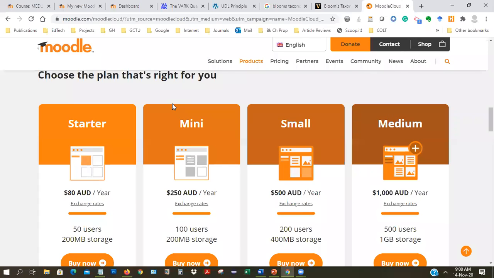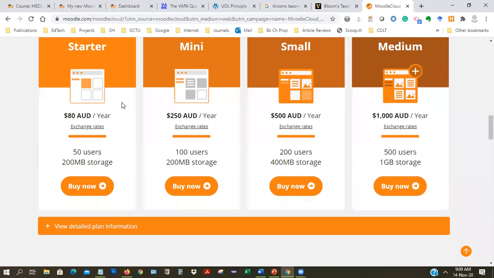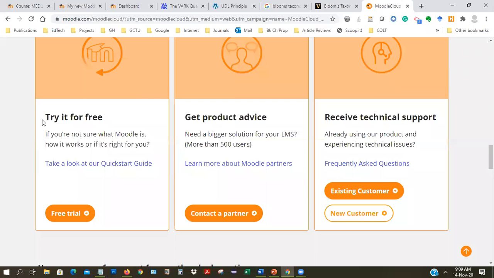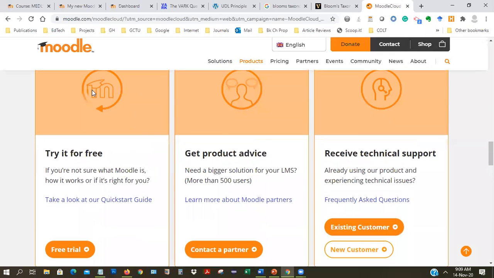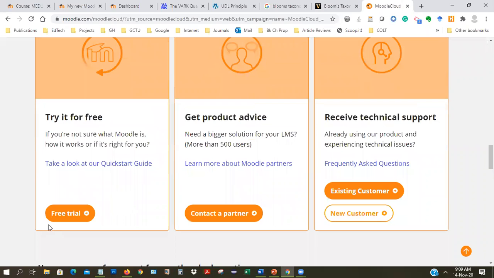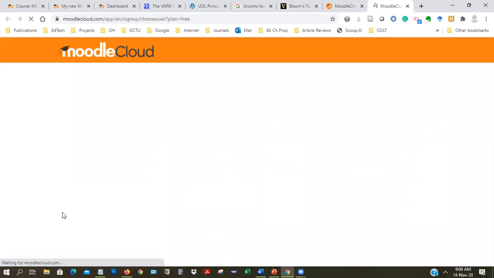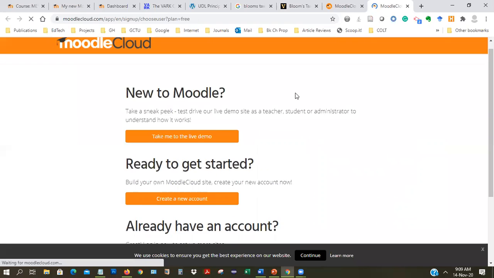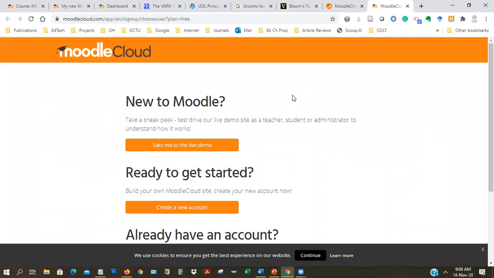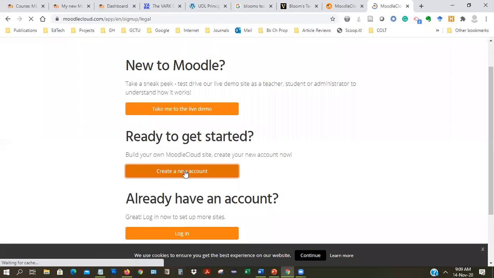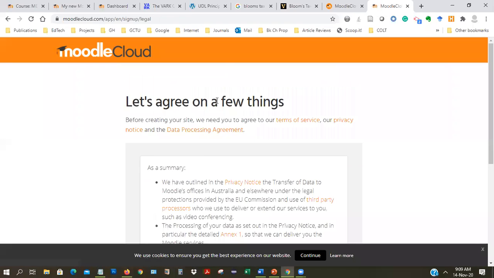But I mean, if you set up your own institution or you want to teach or train people, you can pay some amount and then have it. But if you just scroll down, you will see try it for free. So we are using the free version. So you just click on the free trial, and it will go through a process of setting you up. It's just like creating a Facebook account or whatever it is. So if you say create a new account,